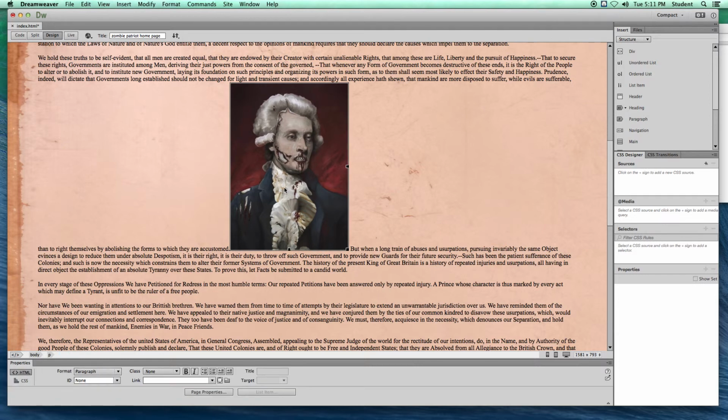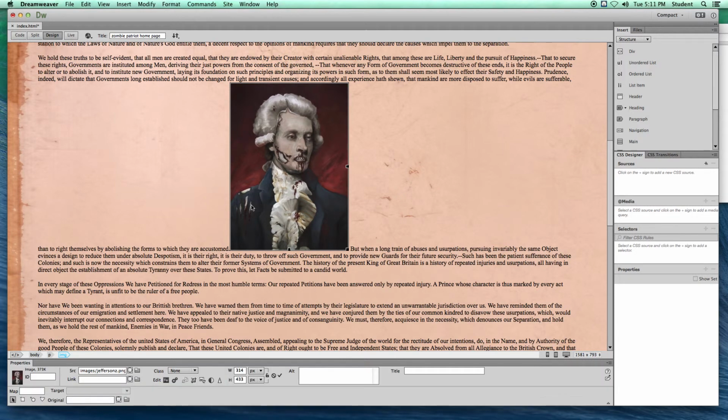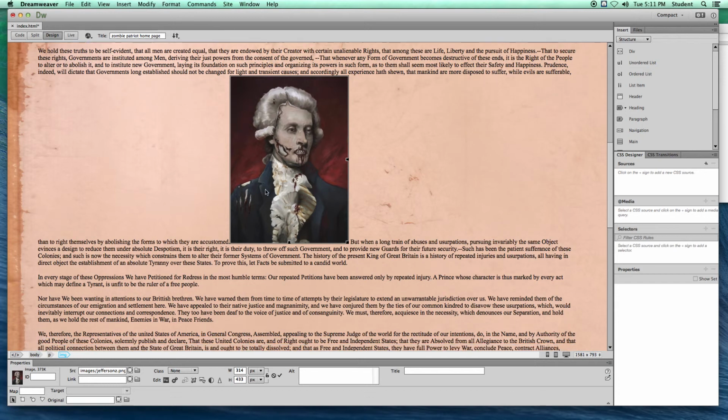This is going to be the only CSS rule we use for this website. Our next project we'll learn a lot more about CSS, so I'm not going to talk too much about CSS. We're just going to add one to this specific image. And then we'll float this image either to the right or the left and put some padding on it in our CSS so the text isn't sitting too close to the image. So I selected my image,